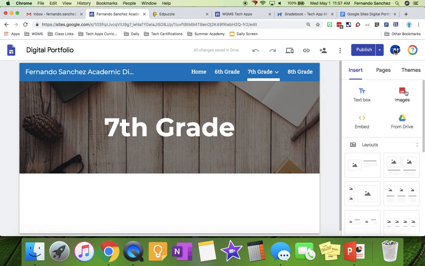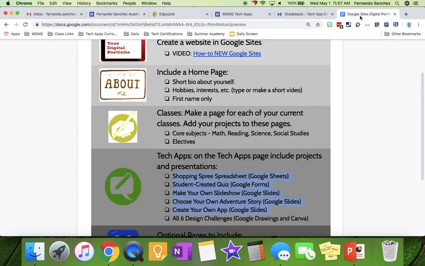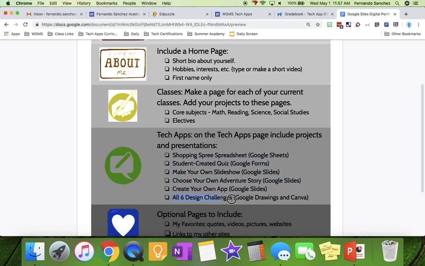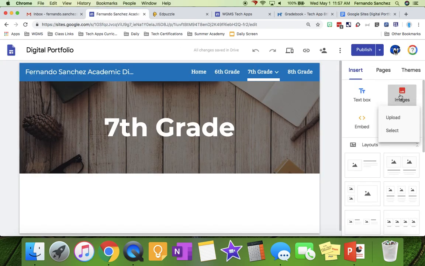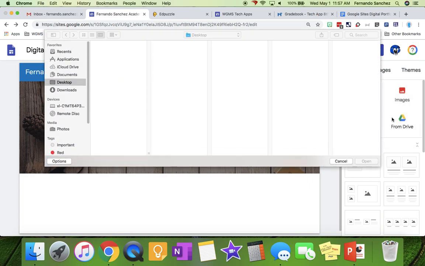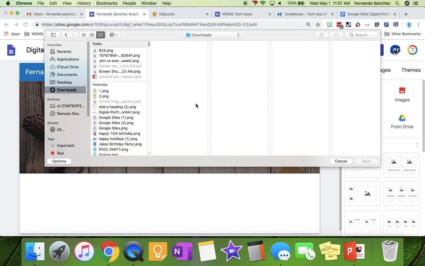Okay, you probably will use images for our design challenges for these, because what you're going to have to do for these is go back into Google Drawings or Canva and download them as a PNG, and then you'll come here and go to images and upload them from the downloads folder where it put them. Okay,